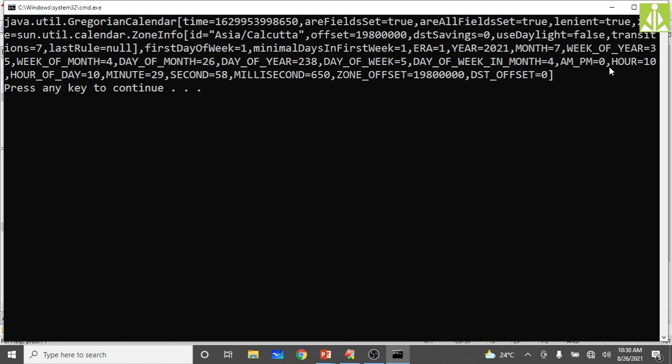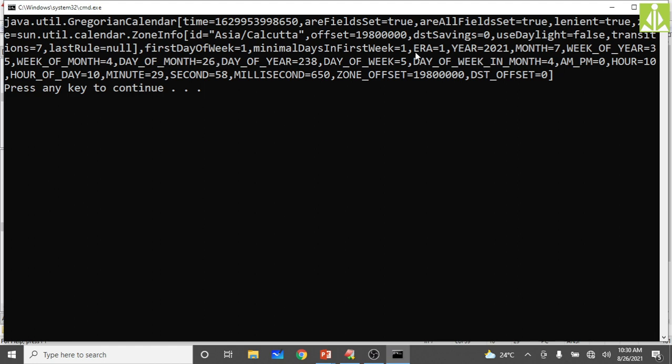AM/PM: 0 means it is AM, 1 means it is PM. Hour 10, it is 10 o'clock, minutes 29, 10:29 it was. Seconds 58, milliseconds 650. Zone offset, likewise it is maintaining so many things. Gregorian calendar it is maintaining. Okay, so we don't need all these things.